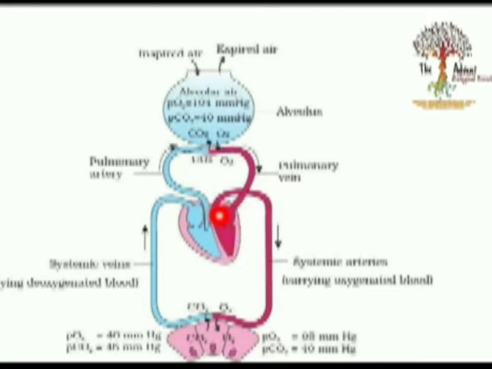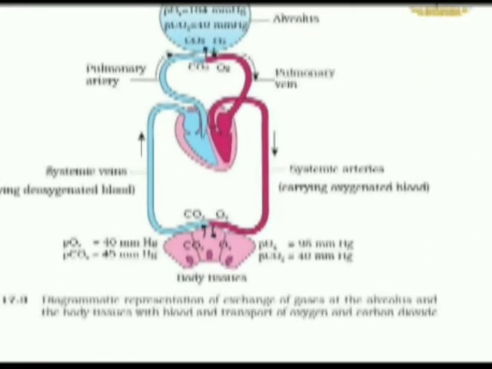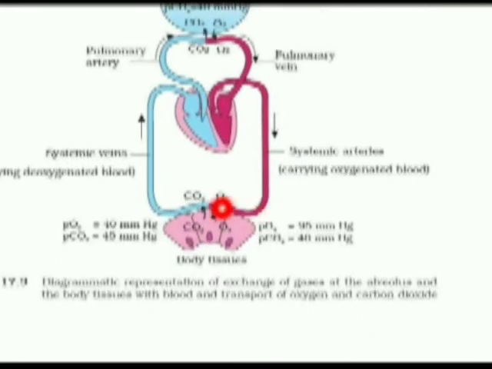Through the aorta, this oxygenated blood is distributed into the whole body through the systemic arteries, and when it comes to the body tissue, the partial pressure of oxygen inside the body tissue is 95 millimeter of Hg, which is much lower than the capillary blood. So again, according to the diffusion law, this oxygen diffuses into the body tissue, and